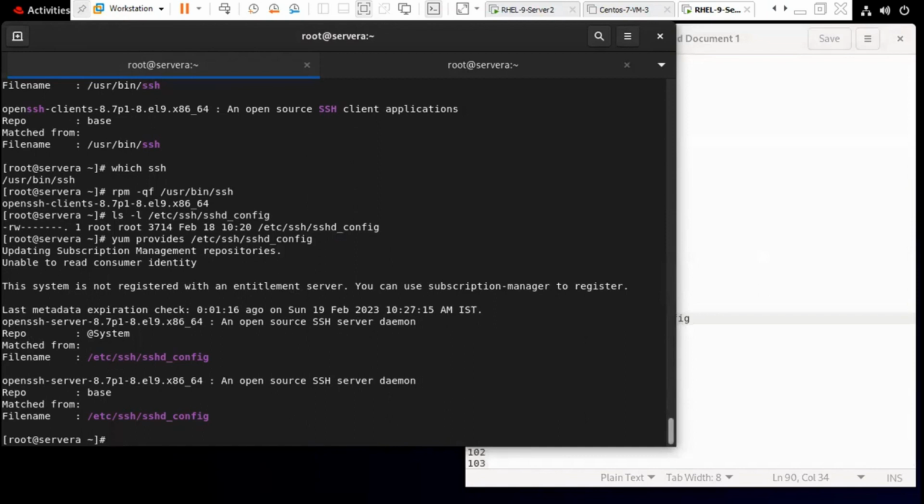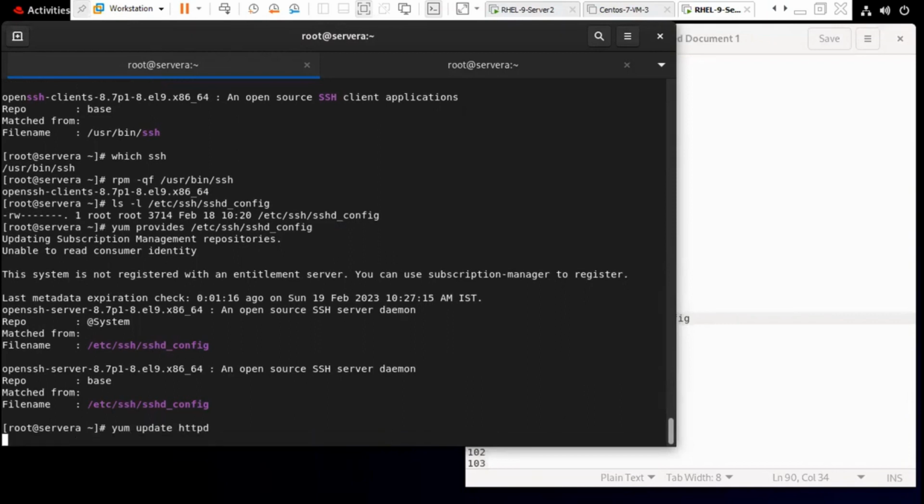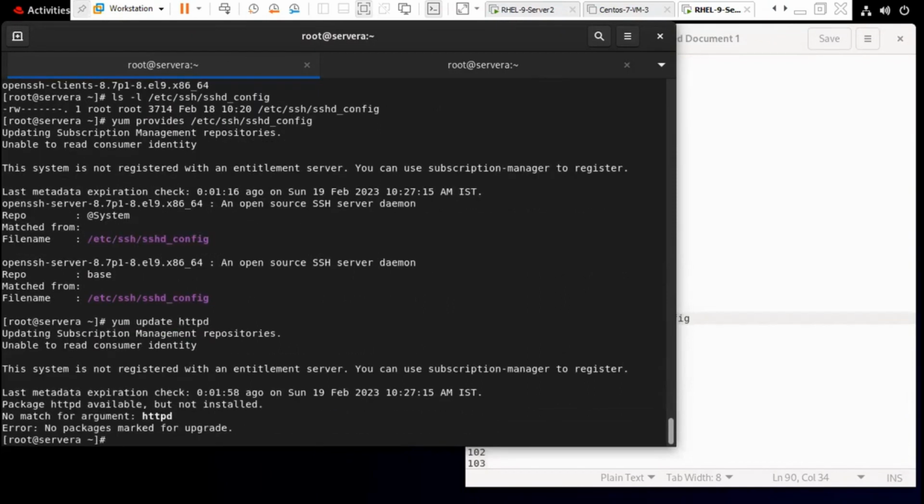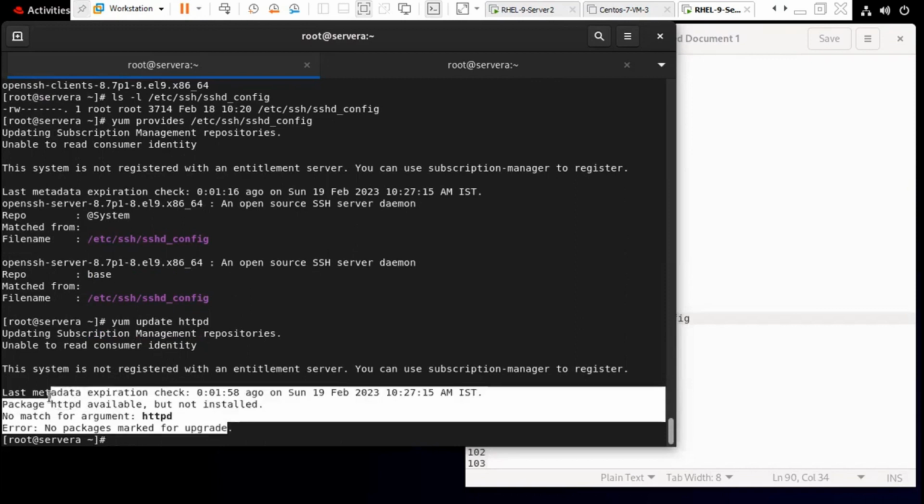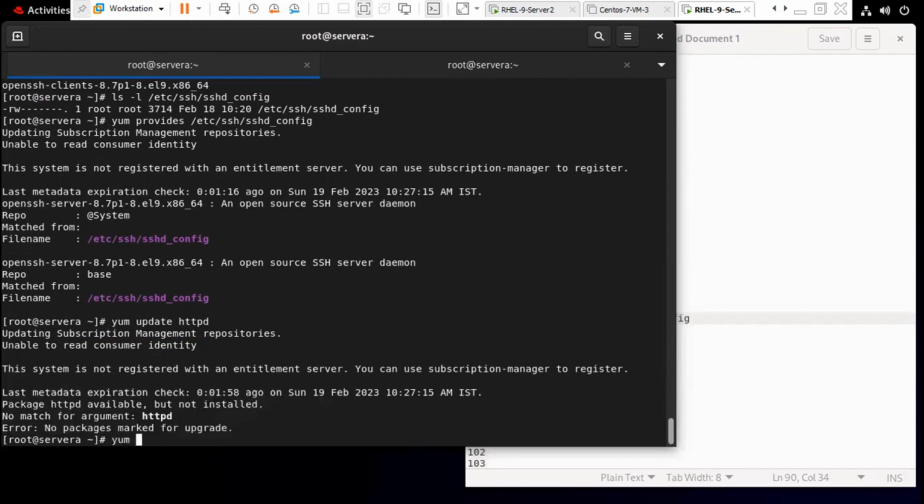Okay. Now, in case of RPM, you did -Uvh to update that. In case of YUM, you need to do yum update and the name of the package. So the same thing it will do. Now here you can see if the package is installed, then it is going to update this. But as this package is not there, it's saying no package marked for update. Right? If I try to update vsftpd,